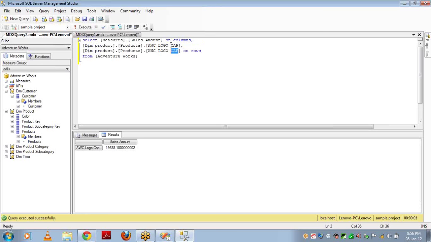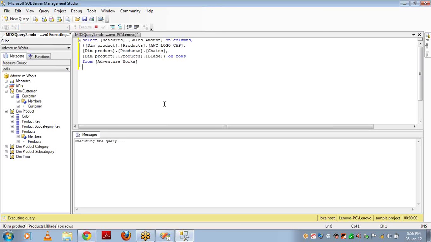And what if you want to see more than one product? Yes, you can use any number of products here, like chains is one product, blade is one product. I'm calling 3 products' data here, and as all the 3 different products have the same hierarchy, this is called a set, and you have to represent it in curly brackets. Press F5.